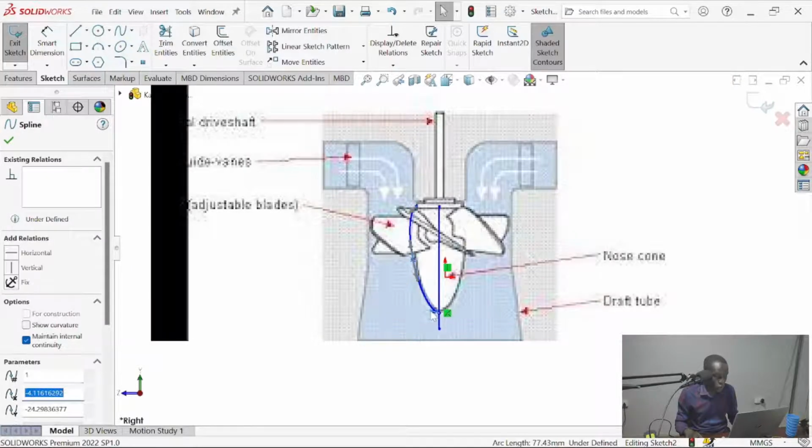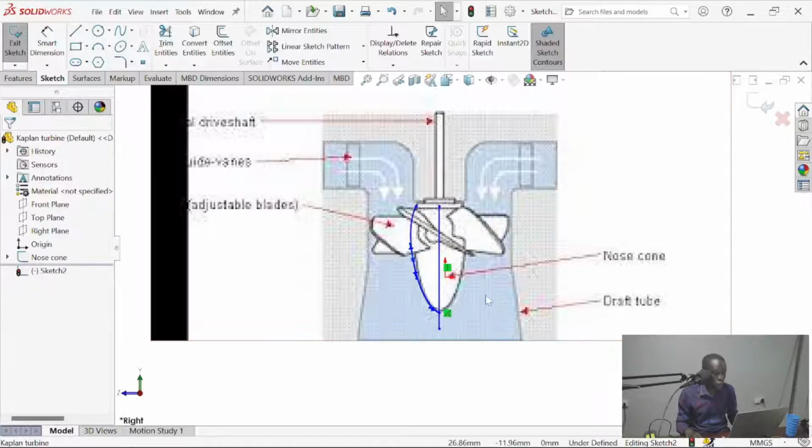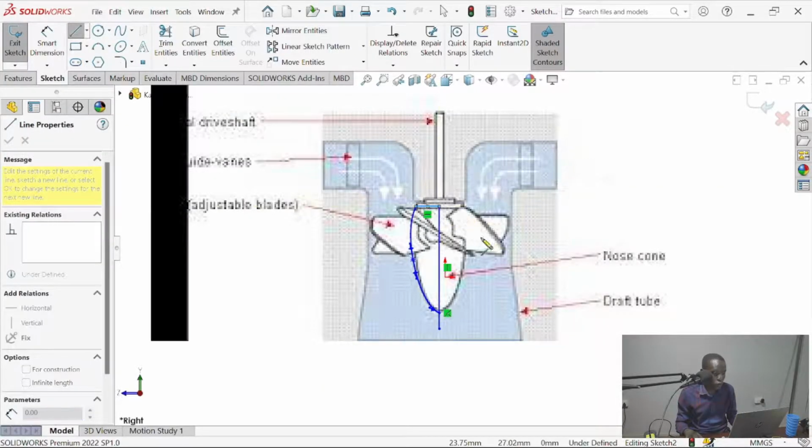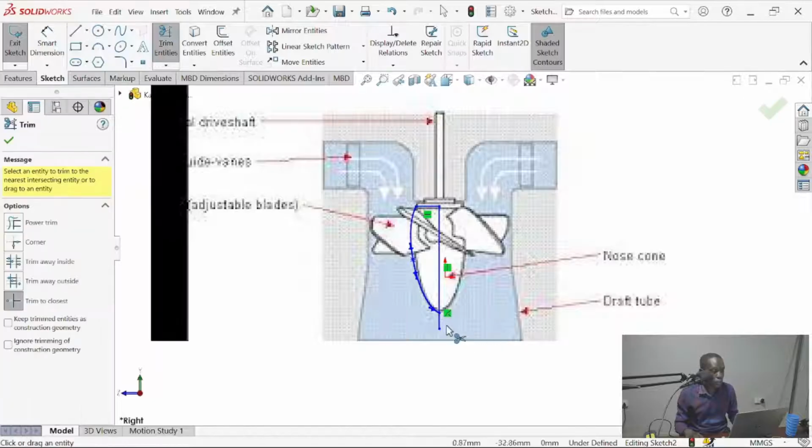So the beauty with the spline is you can adjust the curvature with ease. Okay, then we close off the top. Use trim.